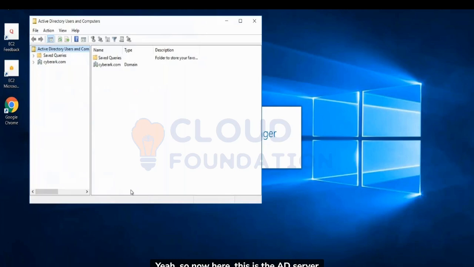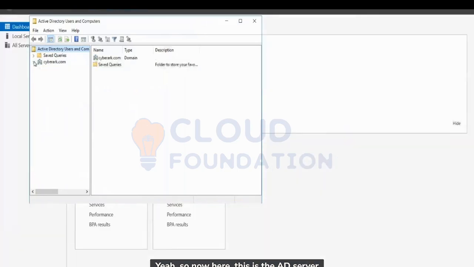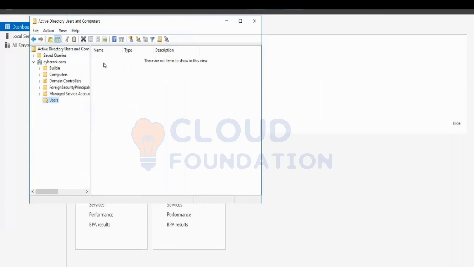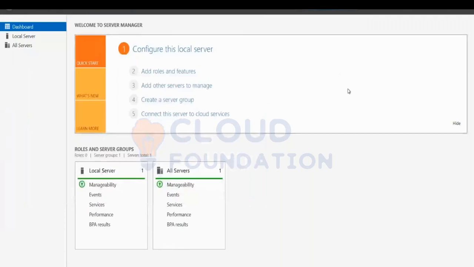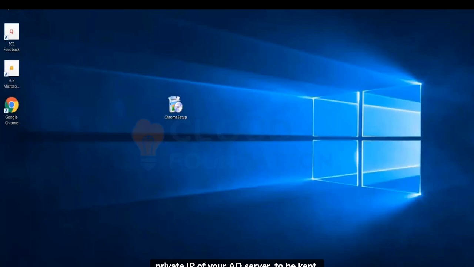Now here this is the AD server of the AWS lab, and you can see the admin1 account is there. This is the domain admin account through which you would add your PVWA under the domain, and you would be using the private IP of your AD server